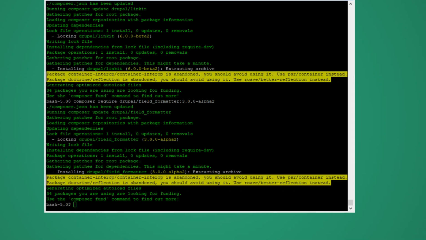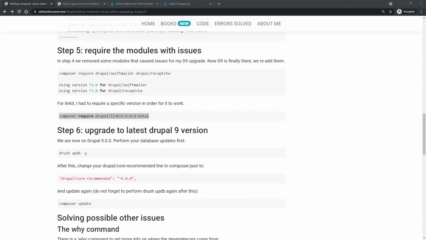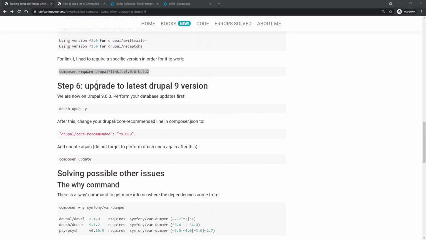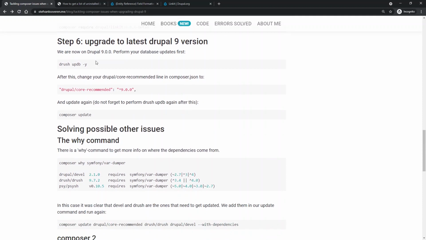Let's go ahead to our blog post again. So what you want to do now is, we have upgraded to Drupal 9.0.0. We have to perform our database update. So you go to your sites, my site, and then drush updb. And all right, after this, you're going to go to